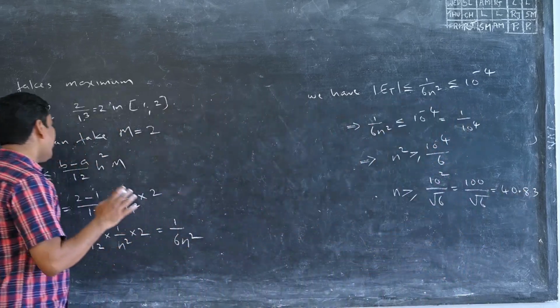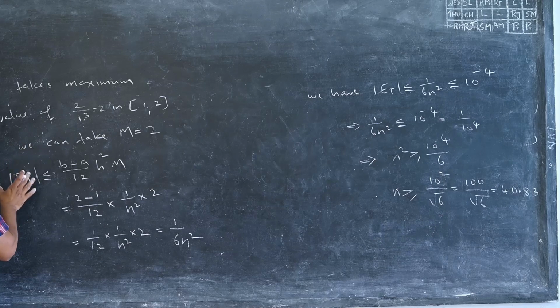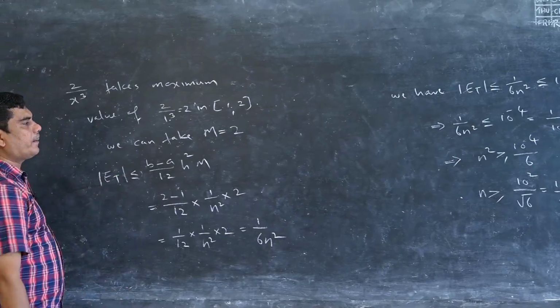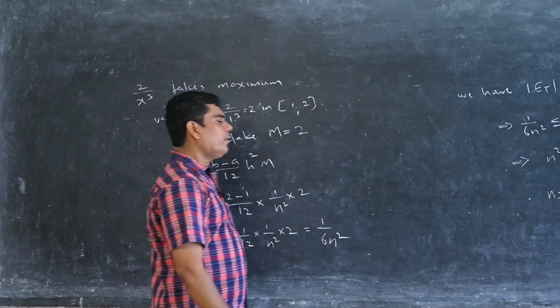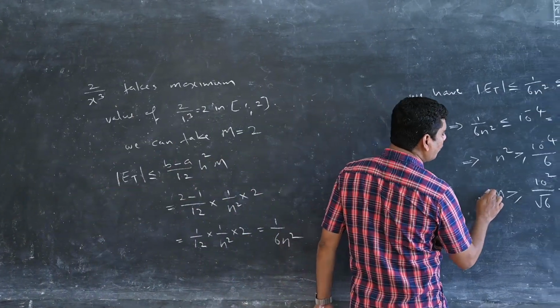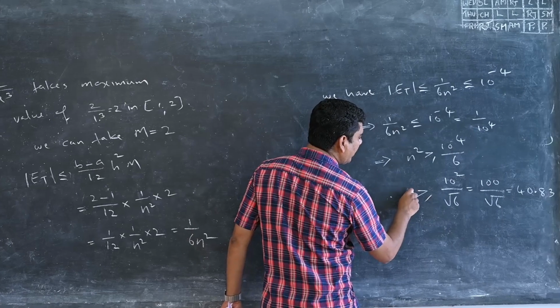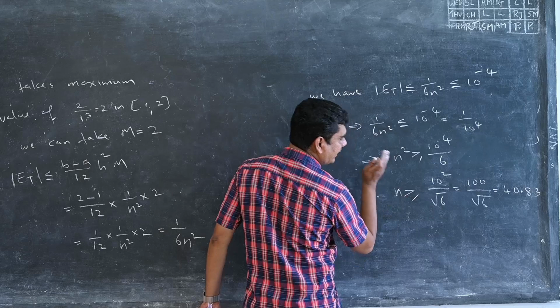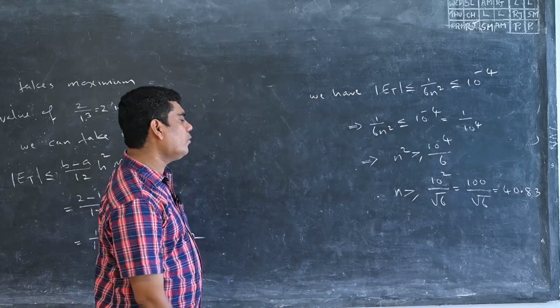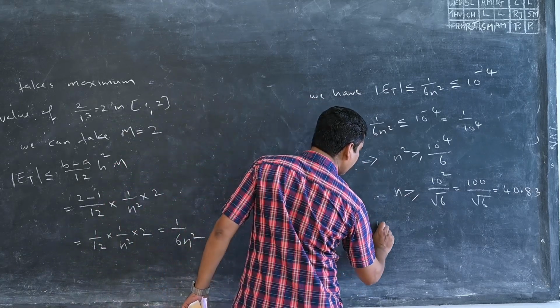So to obtain the magnitude of error |E_T| less than or equal to 10 raised to minus 4, we have to use the number of steps n, or number of subintervals n, greater than or equal to 40. So we can take n is equal to